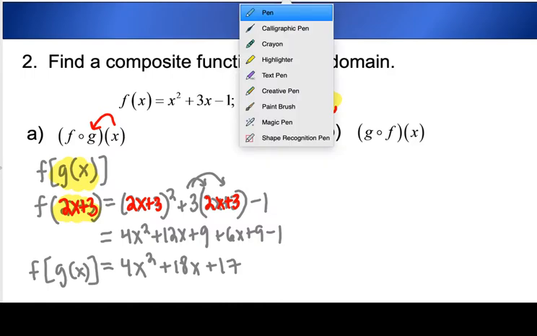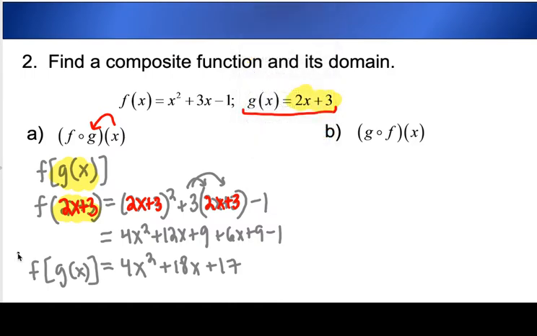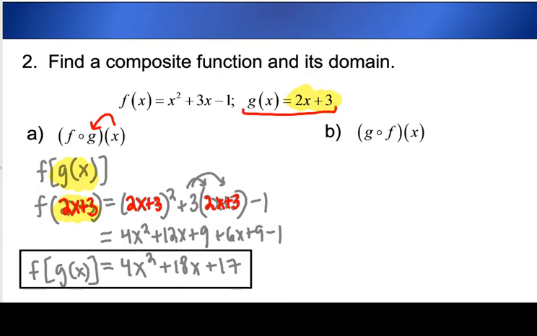I'm going to use my shape recognition pen to box my answer. It's cool stuff right there. Okay. Now, the domain of this function,